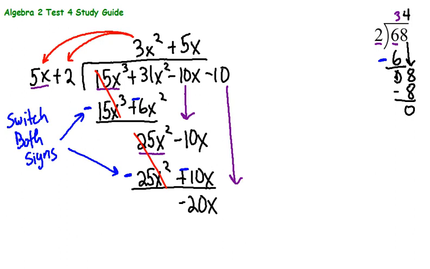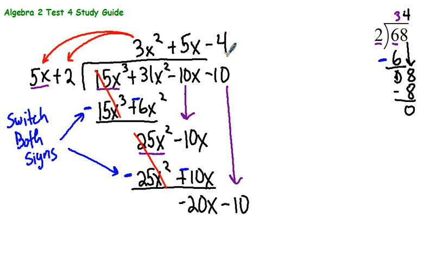So we'll bring down that negative 10. The process repeats itself. It's one of these things that looks kind of scary at first, but I think once you get the pattern down, it kind of just repeats itself. So what we're saying now is, what times 5x would make negative 20x? Well, it would be a negative 4 that would make